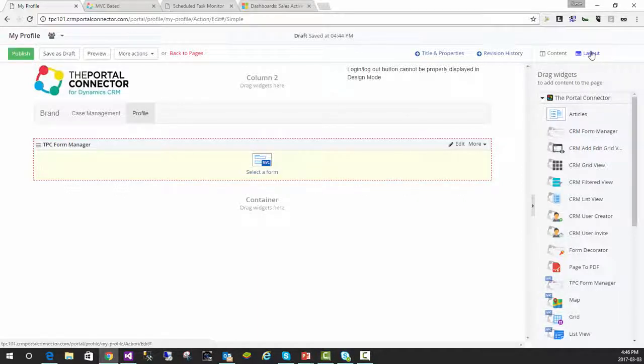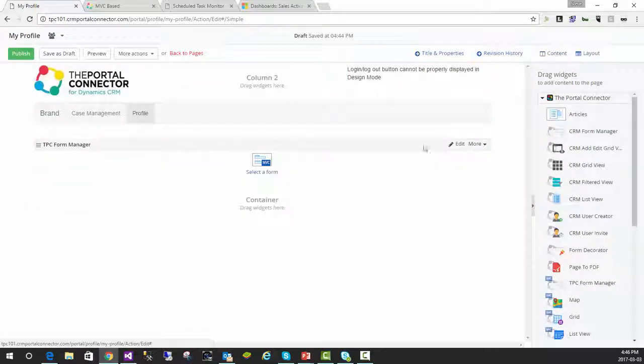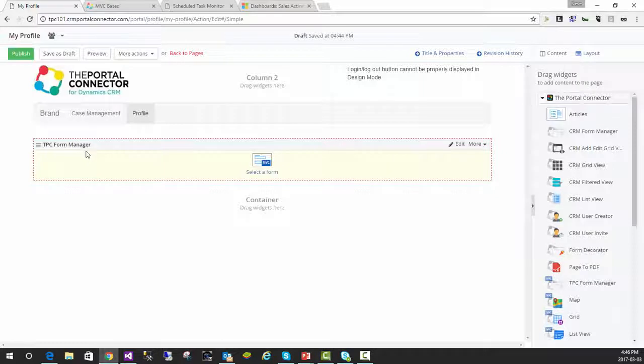And another thing that I like to mention is that on the layout tab, be sure not to use these two layouts on pages. Unfortunately, it's required for us to keep those where they are, but don't use them for pages, only use them in forms. So going back to my content here, got my TPC form manager on the page,